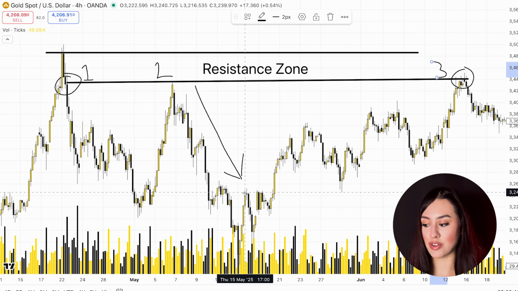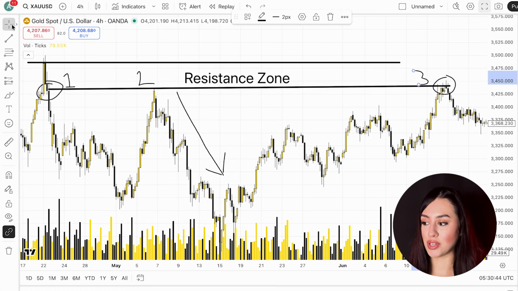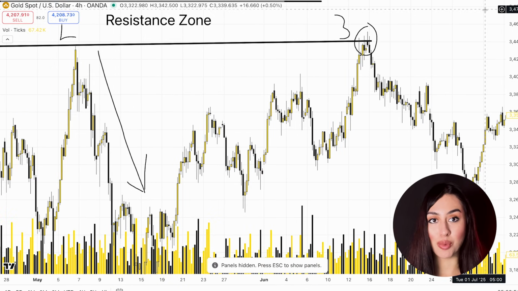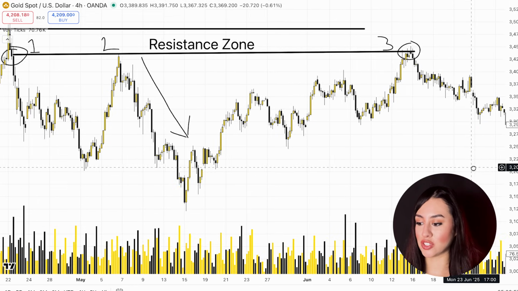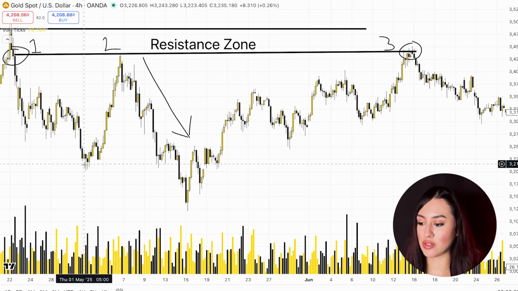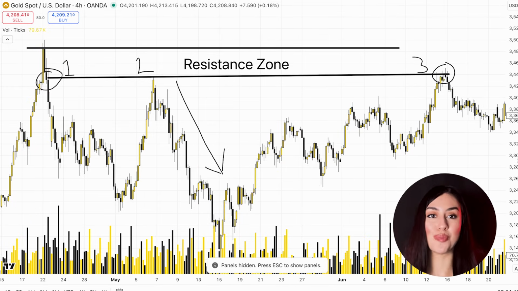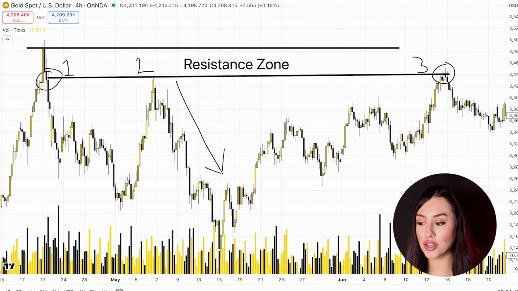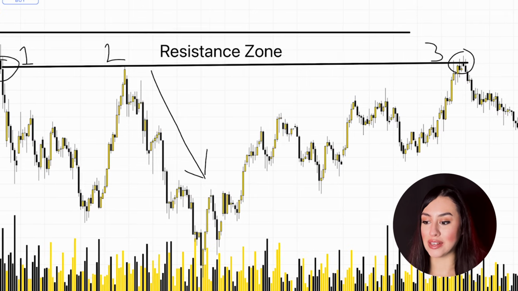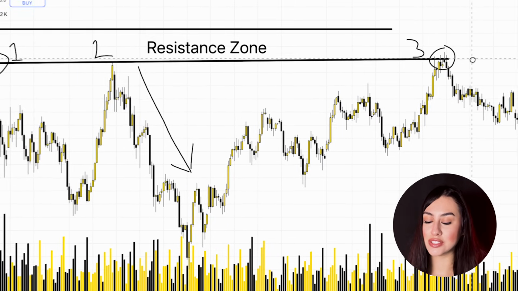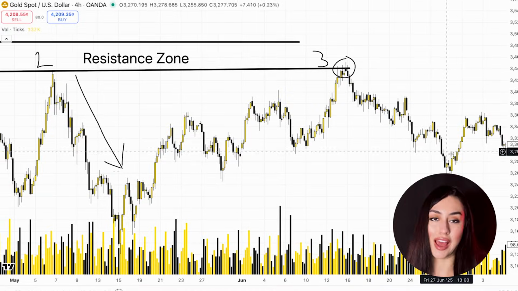Let's see if it respected it, if it continued to go down or if it continued to go up. Nope. Gold touched it and said, I don't want any part of this. I am going to keep down in my same level. This right here could essentially be a support level as well, down here or over here. So if you were to want to jump into a sell trade on gold, I would highly recommend waiting for price to touch our resistance area to step in to sell gold,